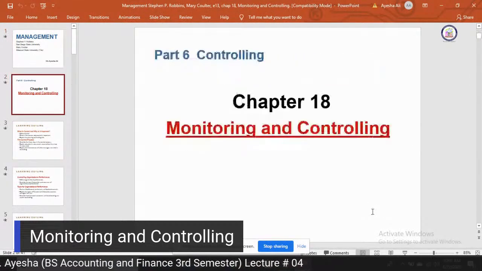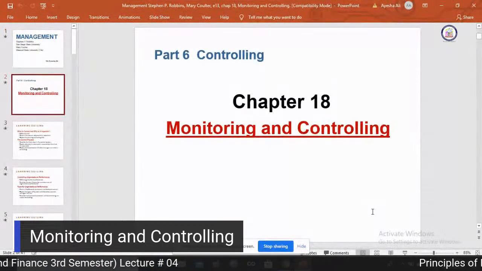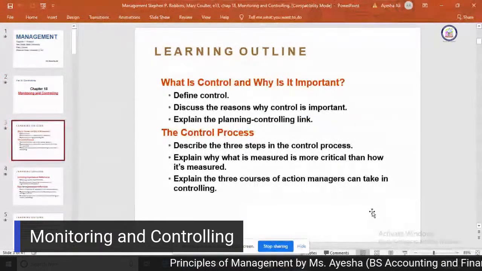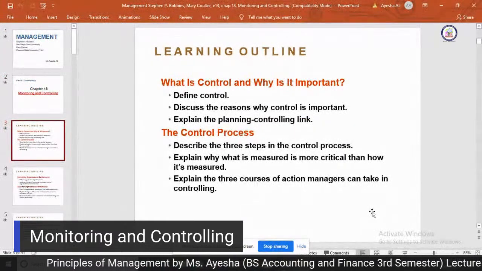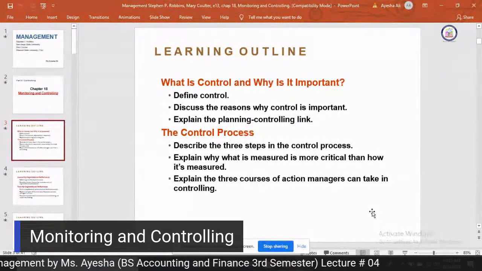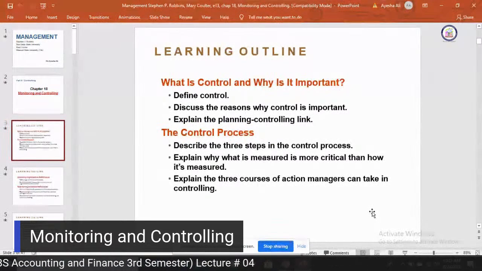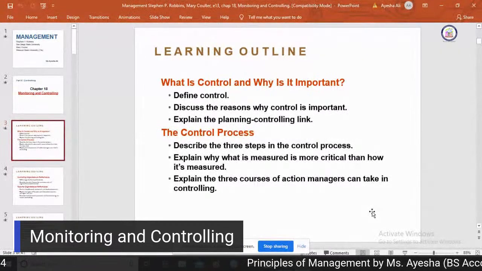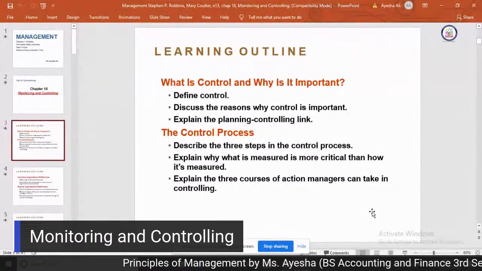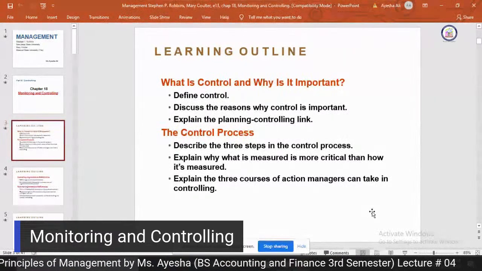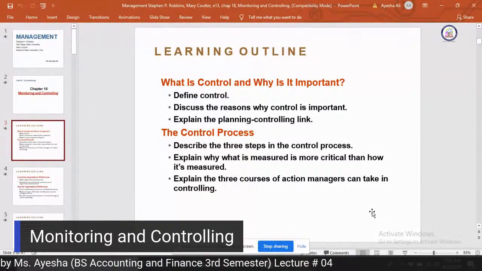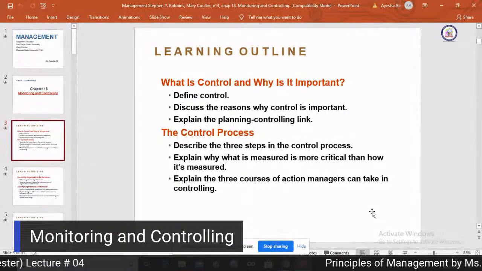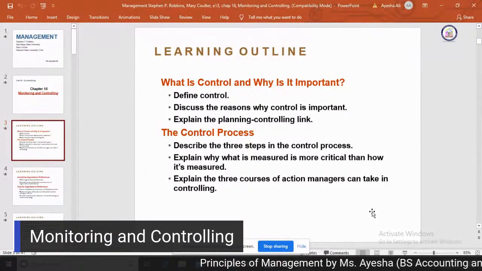Today we are going to discuss chapter number 18, Monitoring and Controlling, in which we are going to cover the definition of controlling, why controlling is important and the reason for doing controlling. Then we will discuss the link between planning and controlling, and after it we will discuss the process, which has three steps, and the measures and actions taken by managers in